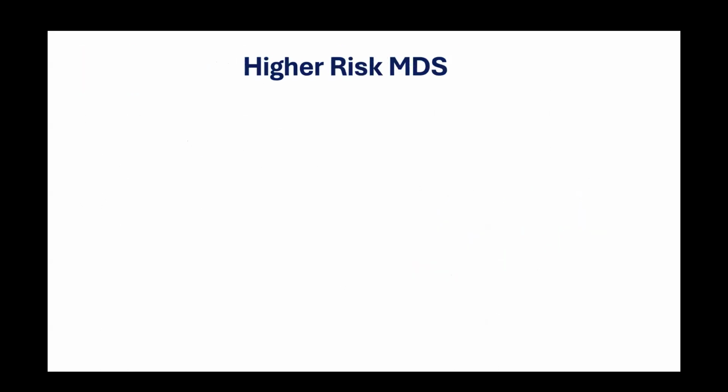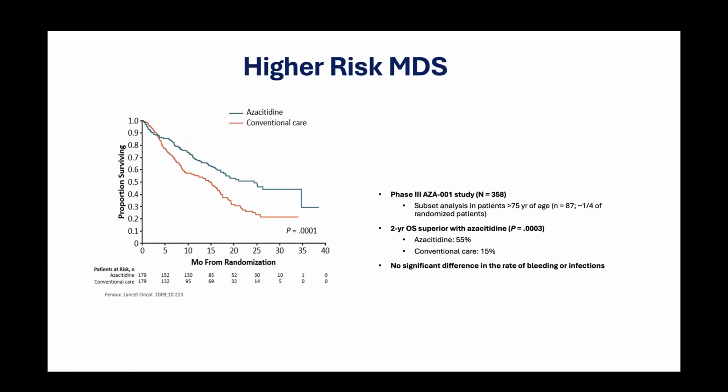Now, when it comes to higher risk MDS, unfortunately, we have a long way to go in terms of developing a new therapy, and we're working really hard to make this happen. But the most common drug or the most validated drug is azacitidine or Vidaza. Its other cousin, Dacogen or decitabine, also has the same sort of effect, but this is the one that we frequently talk about as a clinical trial called the AZA-001 study, where you can see the people who stayed with azacitidine had a better survival.